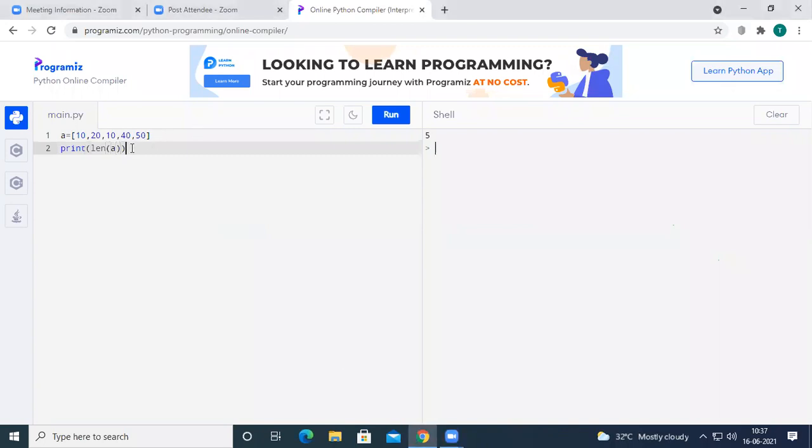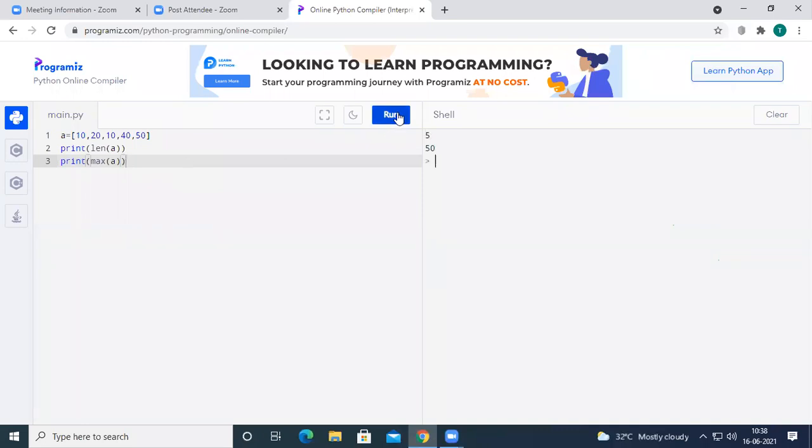And then if I want to find the maximum value in the given list, I can use a function called max. If I use max of a, then the maximum value inside the list will be printed on the output screen.